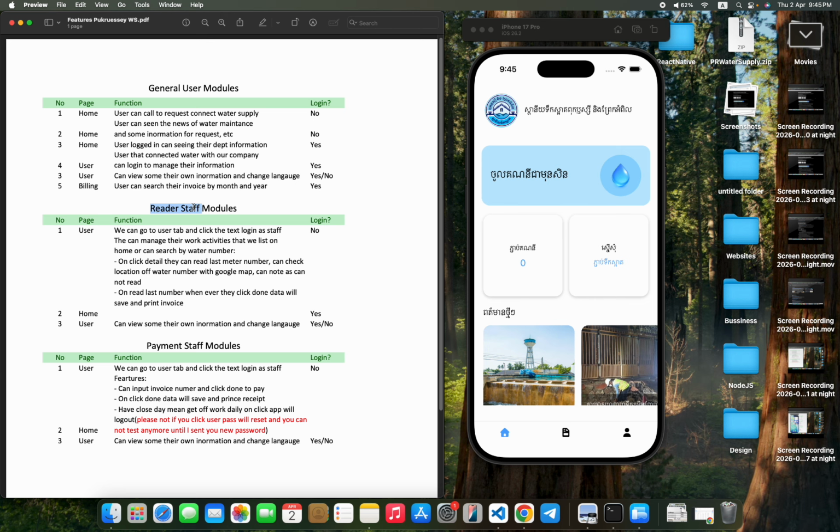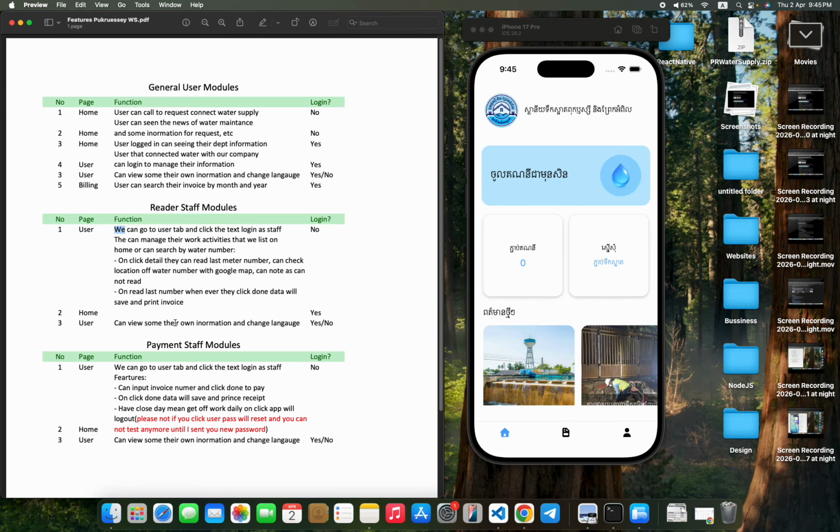For the reader staff, they can log in with a staff account and use the feature. I will detail more. And the last module is payment staff. Staff we have two types, the reader and the payment staff.